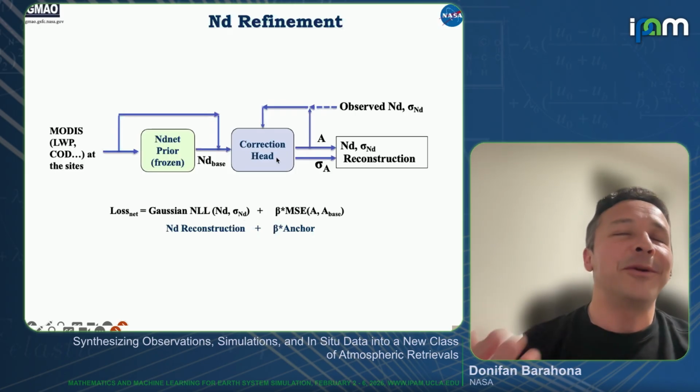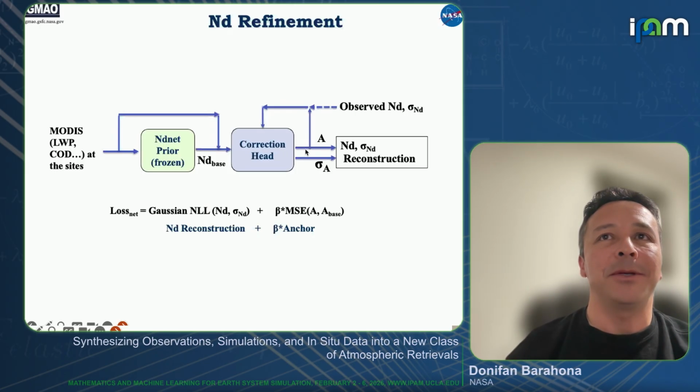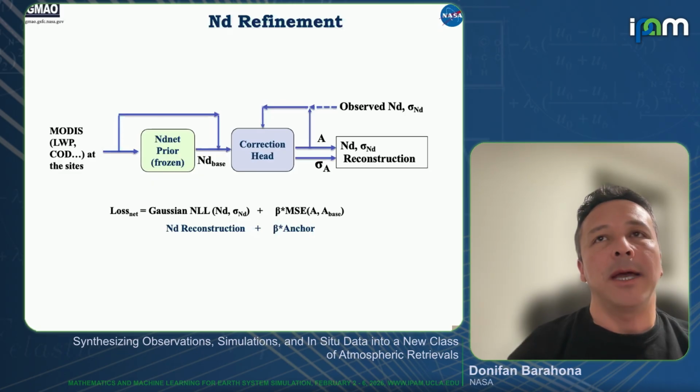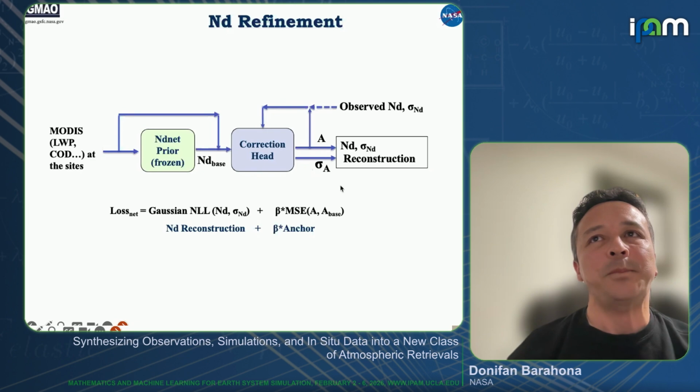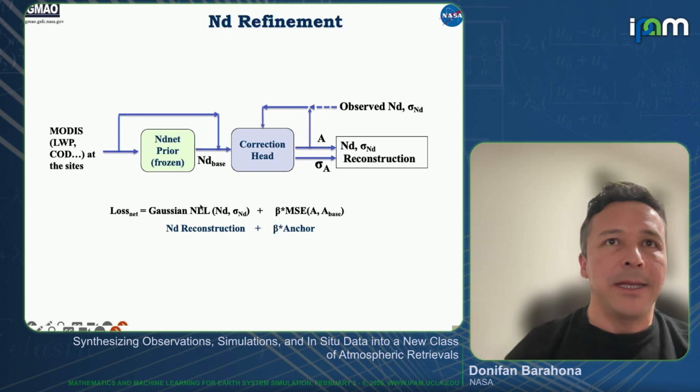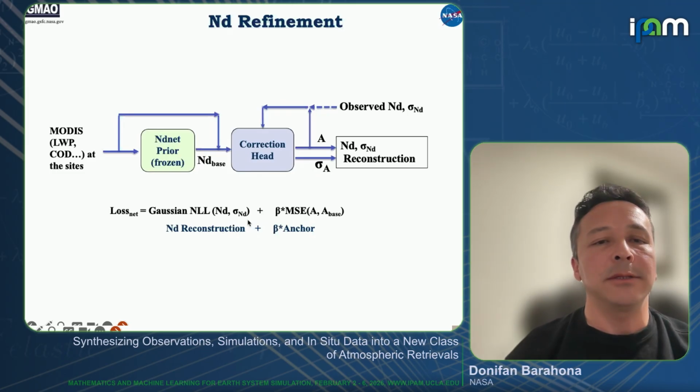The other reason why we included this correction head separately is because we are also interested in an envelope of uncertainty that is predicted by the network, and that is a different output that we will have with this only. So again, in the reconstruction, that NLL is essentially a Gaussian loss plus some anchor. That's how we train this thing.